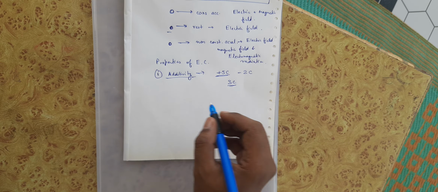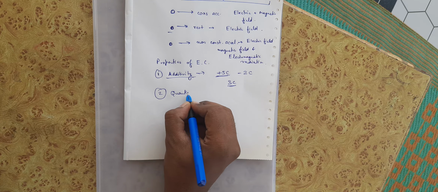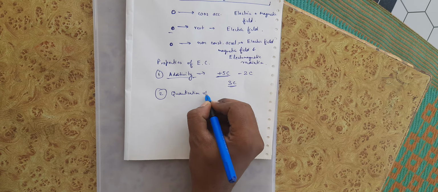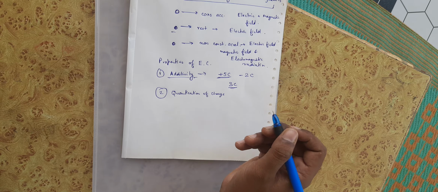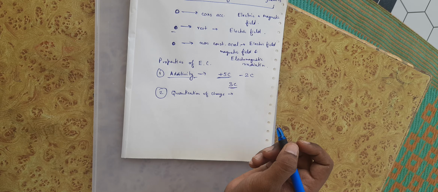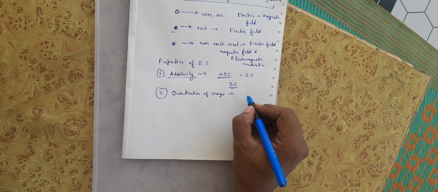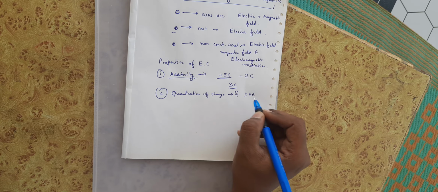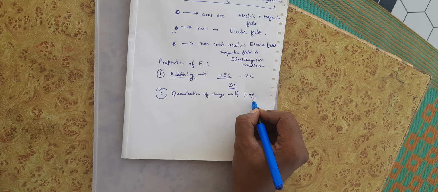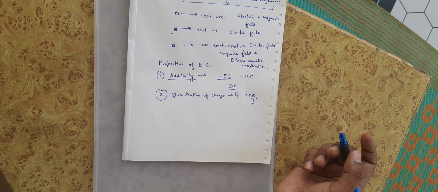Okay, and the second property is quantization of charge. What it means is the smallest possible charge which can be transferred from one body to another body is of the order plus minus ne. Q is equal to ne. That is, the smallest charge which can be transferred is 1 electron,